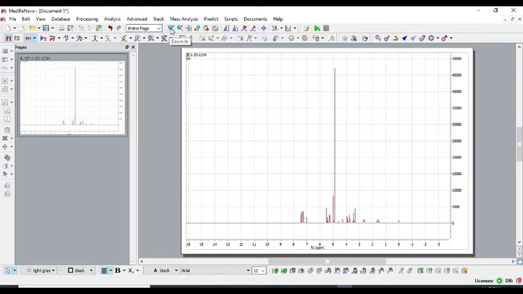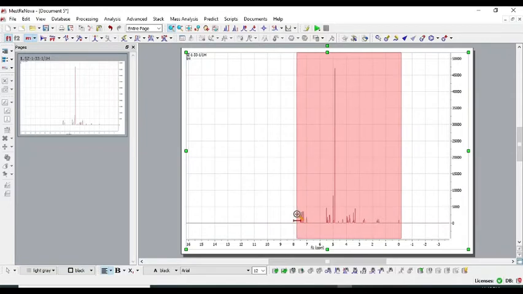And here you see the zoom in button. So you have the range from -3 to 16. If you don't want to see the regions which are empty, you can just zoom in from here, click on zoom in, and you can select the region from 0 to 8, because this is the region where you can see all the peaks. The rest is empty. So how you can do that is, first you click on zoom in, and then you double click on one end of the spectrum and then drag it like this. So you drag it to the other end, up to which you want to see your spectrum, and